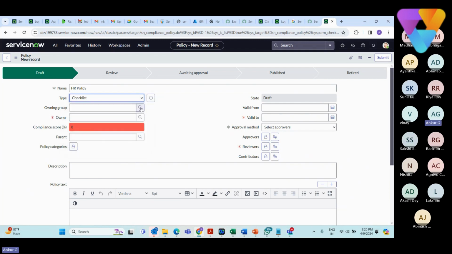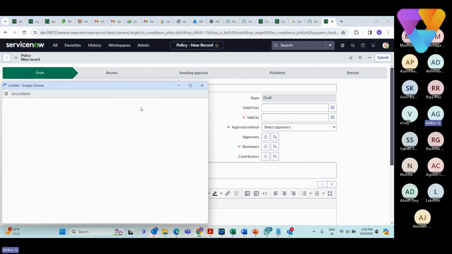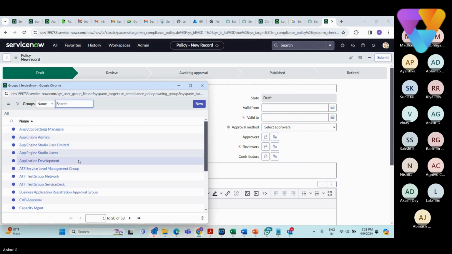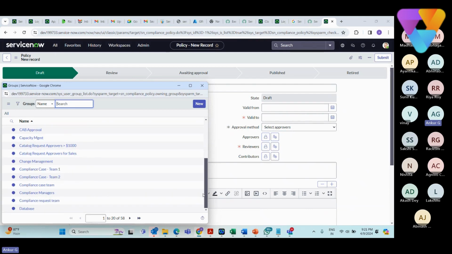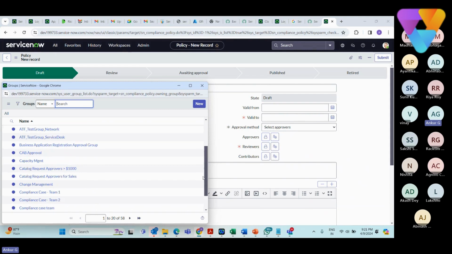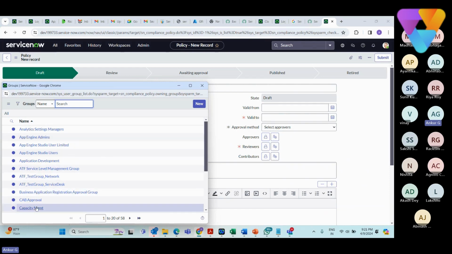You can select here who is owning this policy, right? We can select who is the owner of this policy. Here I am creating the HR policy, so the HR should be the owner, right? So we can create a new group also. The creation of groups and users is a separate thing we can create, and obviously we can put it into the valid role. Then we can see the group here. For now, I'm just putting